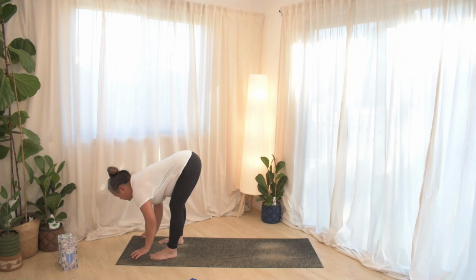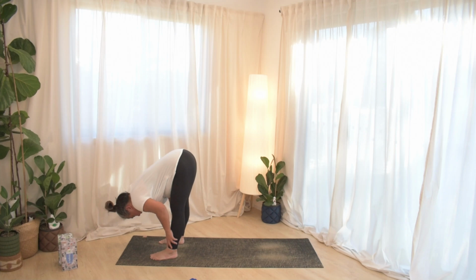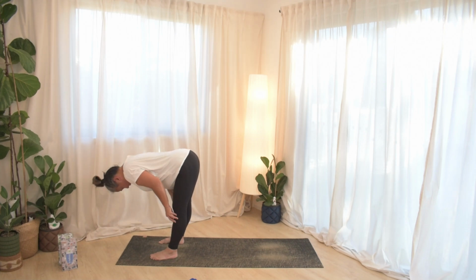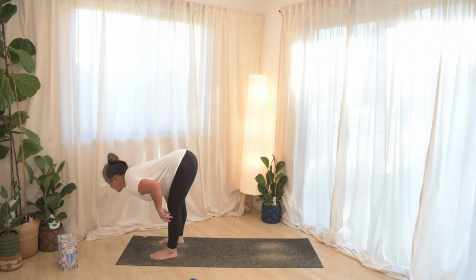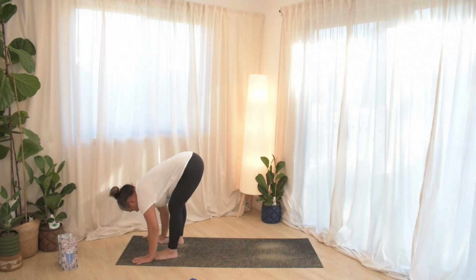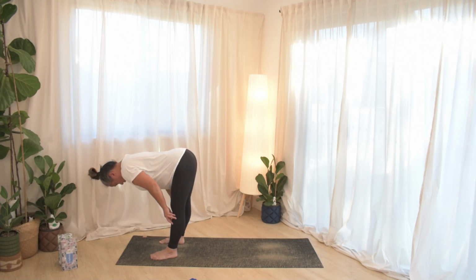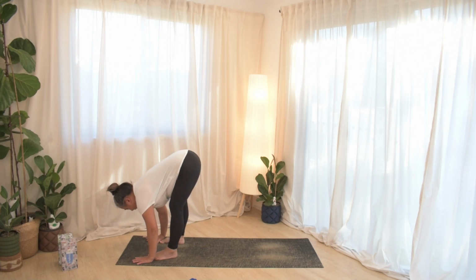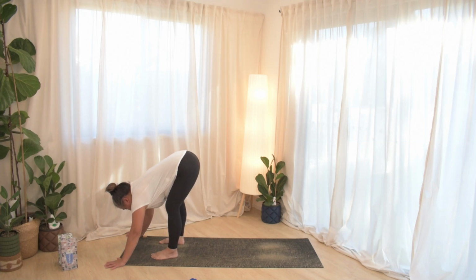Exhale, knees bend, forward fold. 2 more. Finger pads high on your shins, squeezing the armpits in, waving up halfway. Exhale, wave down. Small bend in the knees on your way down. Last one. Inhale, waving up. Exhale, down. From here, now slide your hands forward, just directly forward, and then out to the corners of your